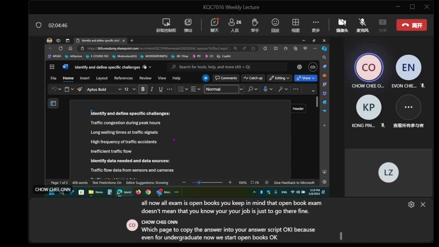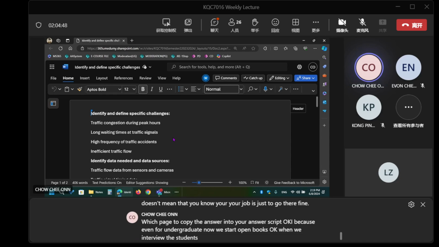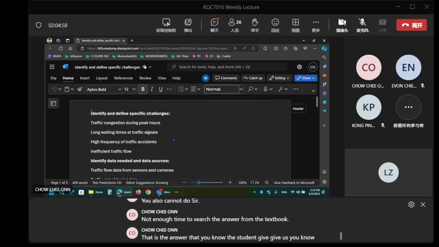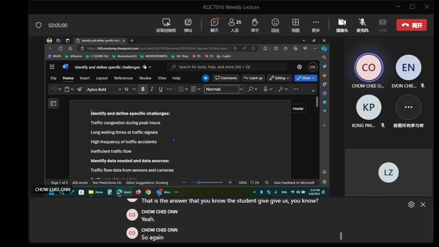Okay, because even for undergraduates now we start open books. When we interview the students, we ask, why open books you also cannot do? "Sir, not enough time to search the answer from the textbook." That is the answer that the student gave us. Again, open books is not about searching the textbook, copy the answer into